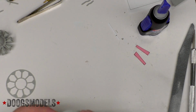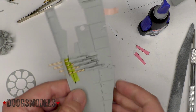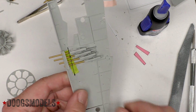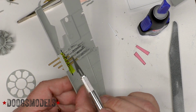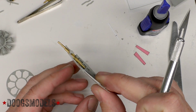Okay, while this sets up a bit more, I want to give it plenty of time. We're going to go ahead and talk about the blast tubes, because we've got to talk about the blast tubes. So I tried drilling these out a little bit more, putting magnets on here, and it's just too far of a distance to cover, inserting from the front. This gun is okay, but as you can see, it kind of sits weird,